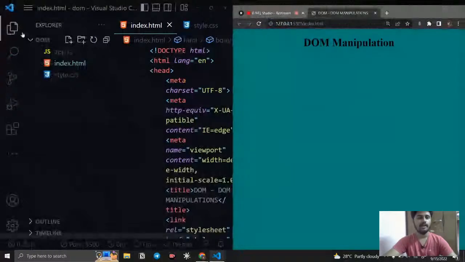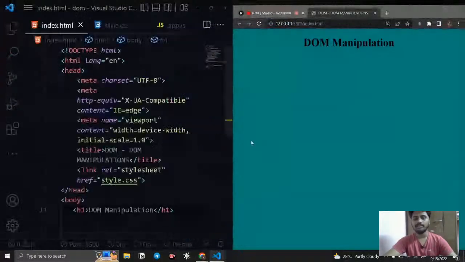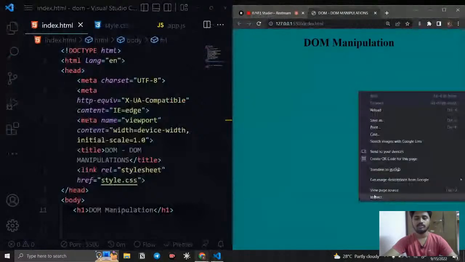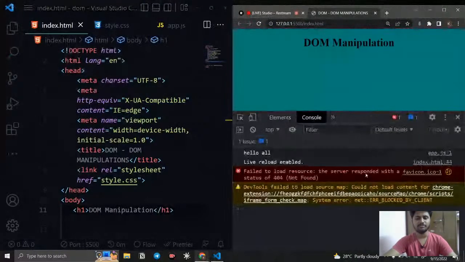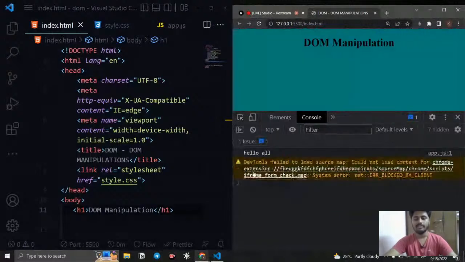I need to check whether my JavaScript is linked fine or not. So I just click the inspect button. Don't worry about the error here. This is because of some extension I added in my browser. If I refresh, it will be gone. Okay, fine. So everything is fine. JavaScript is added successfully, and the CSS is also added successfully. Now we don't need CSS right now, so we move on to